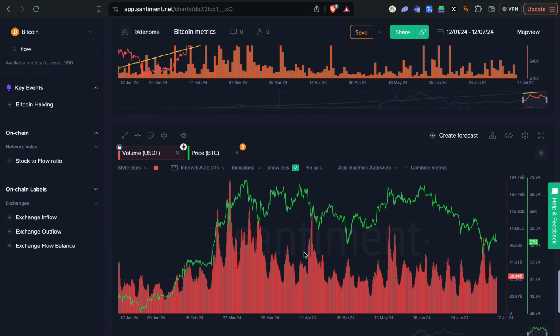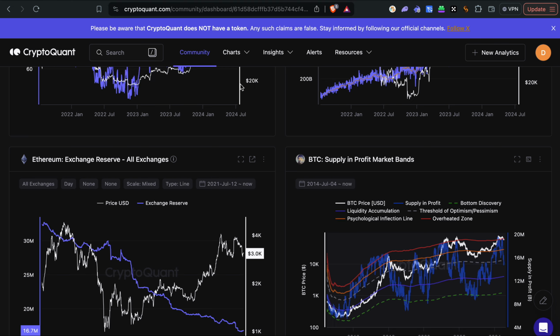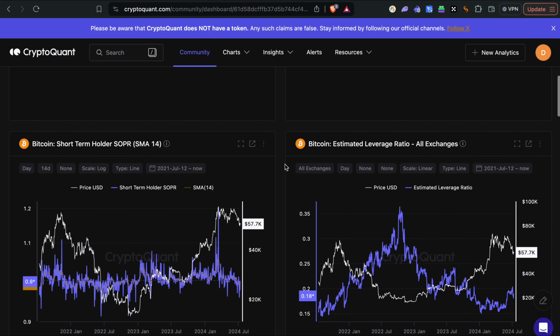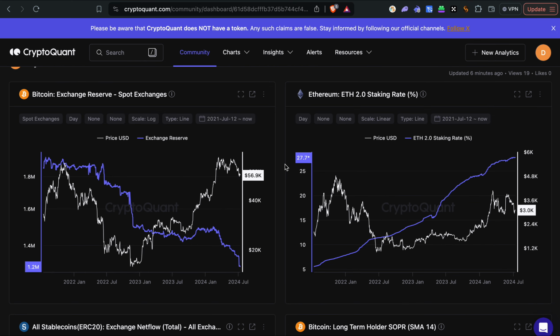Something more interesting here, not really on sentiment. Now, actually, let's hop over to take a look at CryptoQuant, because this is the tool that I used in the past in basically all of my videos and market updates, and I haven't used it for a while after I started using Santiment, but there's a couple of things here that I want to talk about. First off, let's take a look at the exchange reserves of Bitcoin on spot exchanges. So, as you can see here, on July 4th until now, we saw a drop of roughly 50,000 Bitcoin leaving